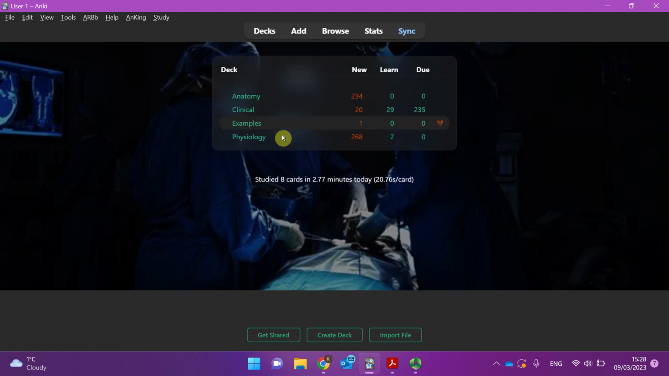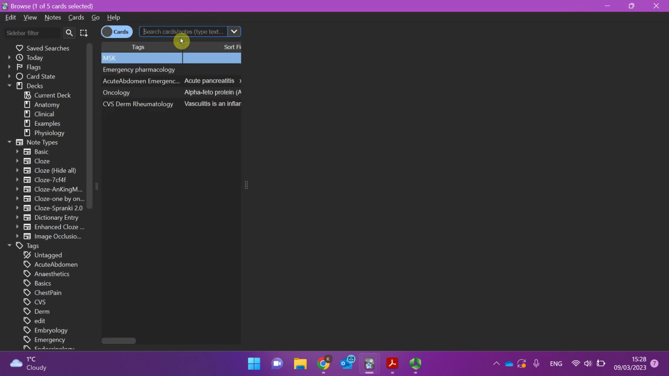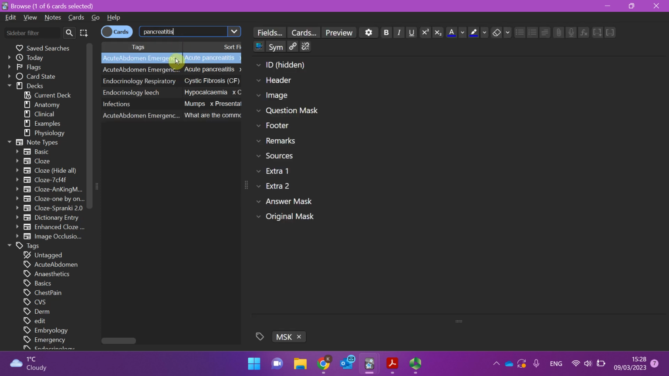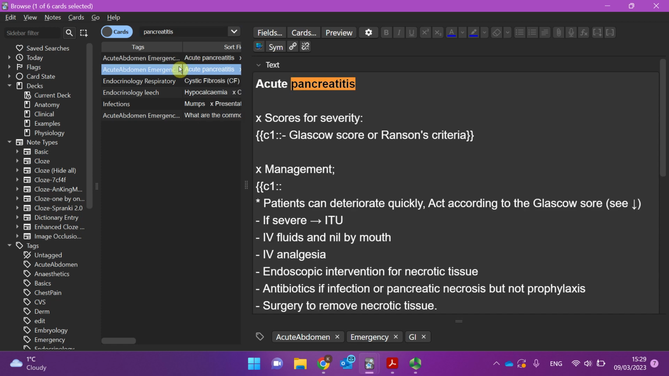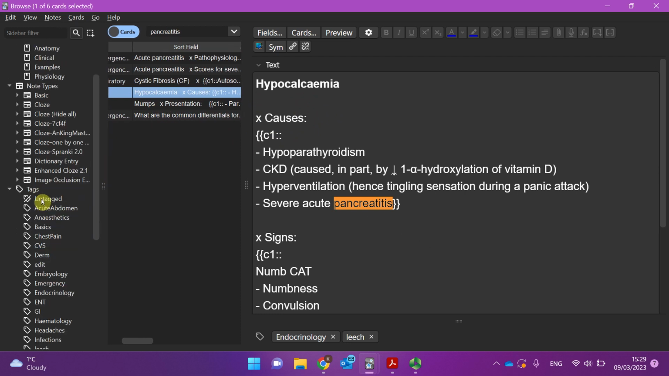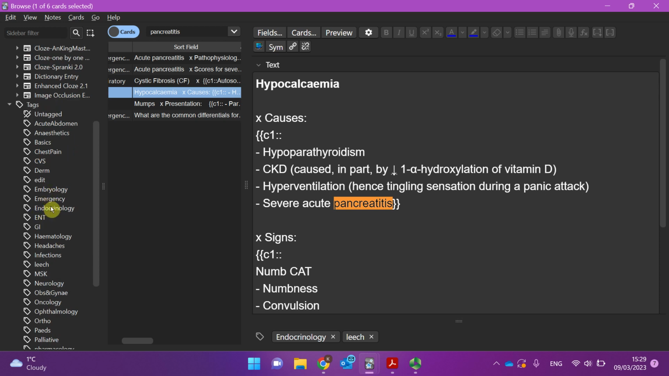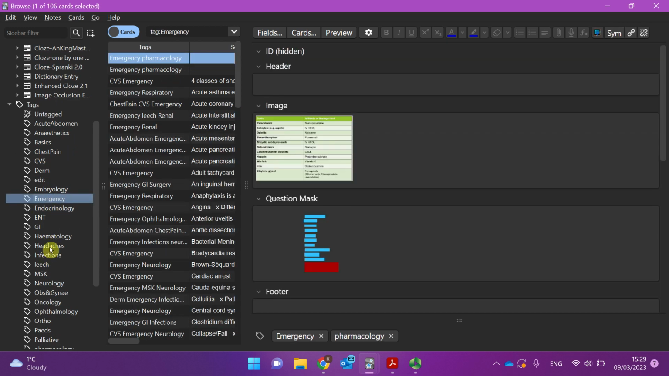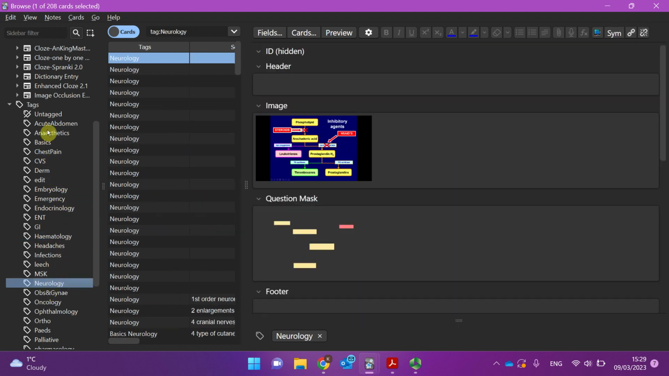I can also use a searching feature. So if I go to browse and let's say I want to search about pancreatitis again, I can look at all the cards where pancreatitis comes up, and I'm essentially using this to read my notes, if you like. As well as that, I can look at different cards with relation to their specialty. So I can look at all the cards in emergency medicine or hematology or neurology, or I can look at them